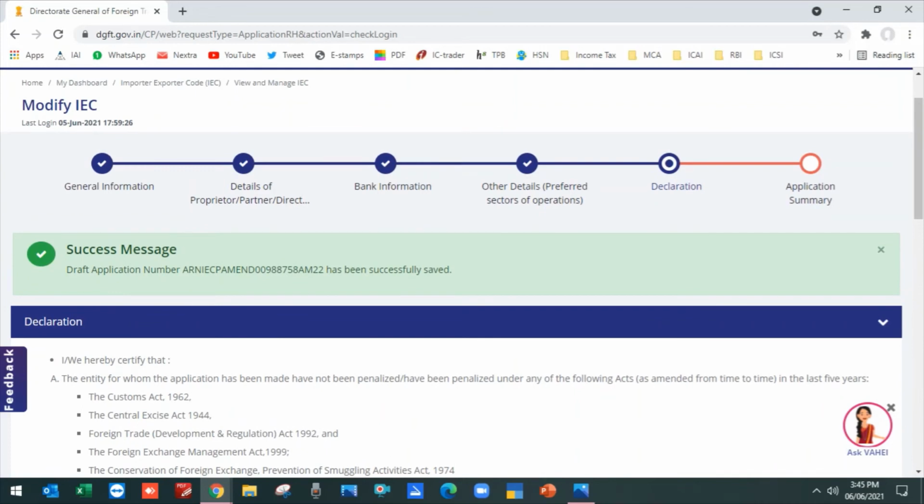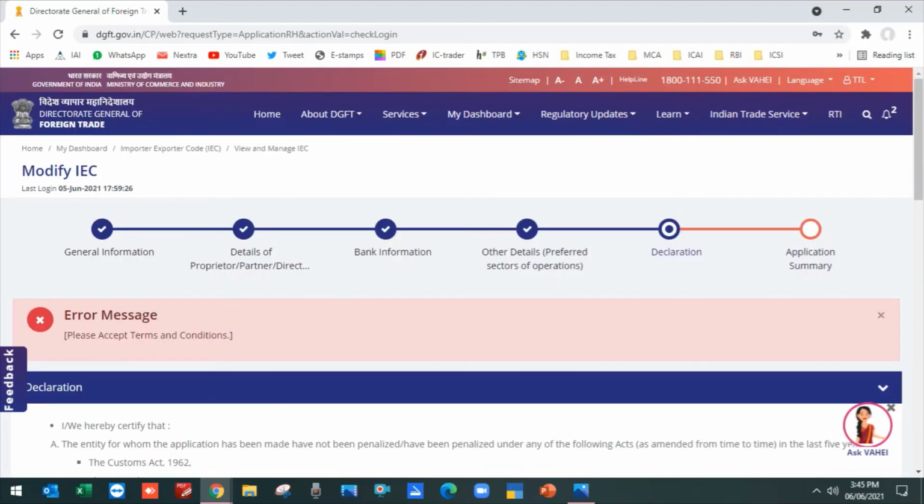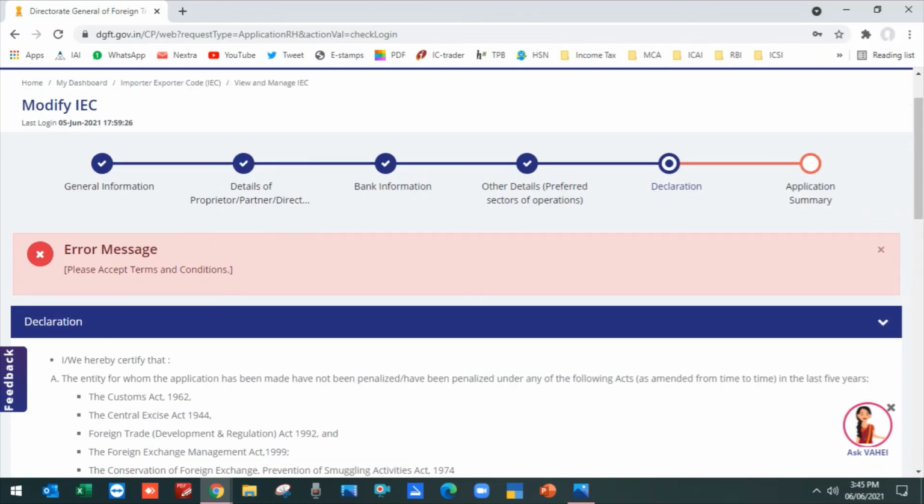Then application summary. In the application summary, it will ask how you would sign your application. There are two ways, one through DSC, second through e-Aadhaar sign. I personally suggest you go with e-Aadhaar. It is a very simple process. Your director must have an Aadhaar, and you just fill it in. I will show you here. It is not bringing it up at present, but I will explain it.